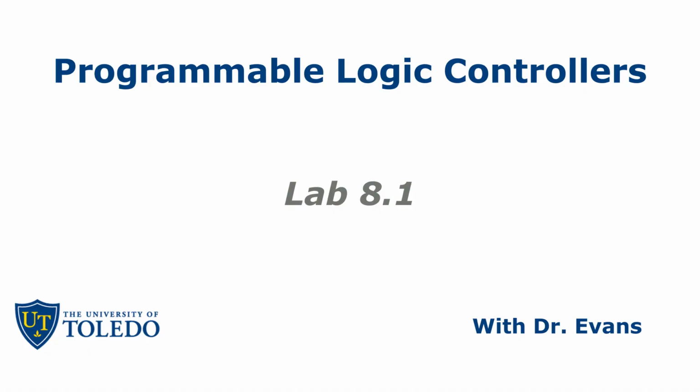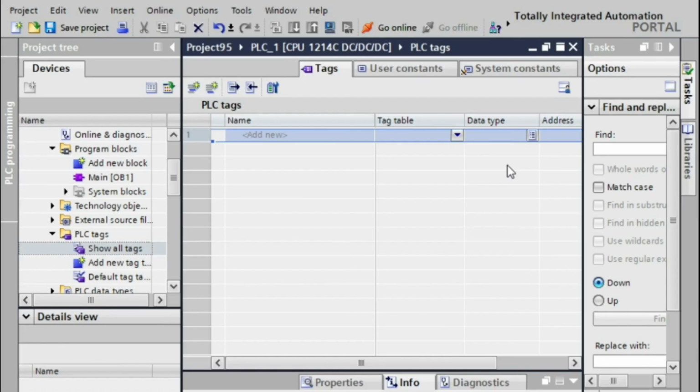Okay, so we're now back with lab 8, and we're looking at it from the Siemens system, and we'll just say we're starting from scratch, and we're going to declare words. So let's just type in this word, word1,